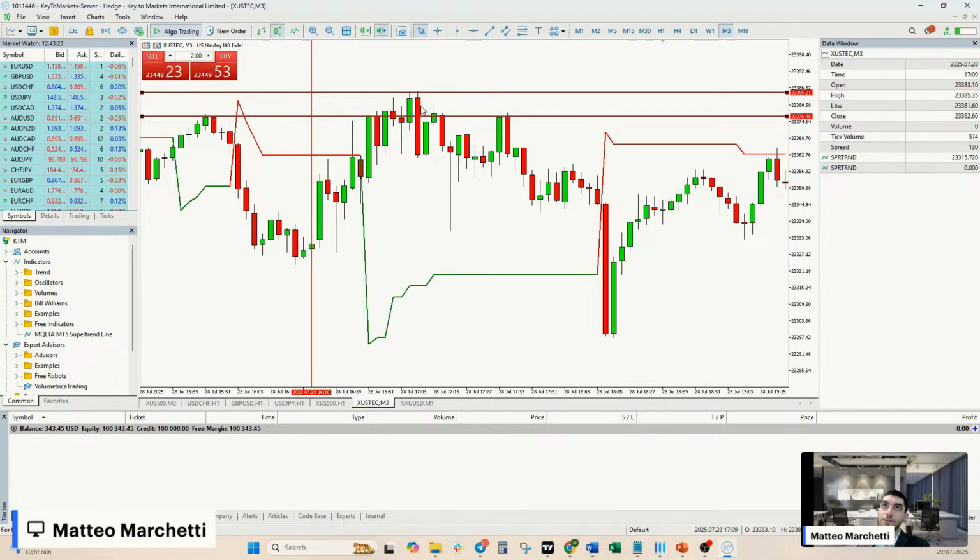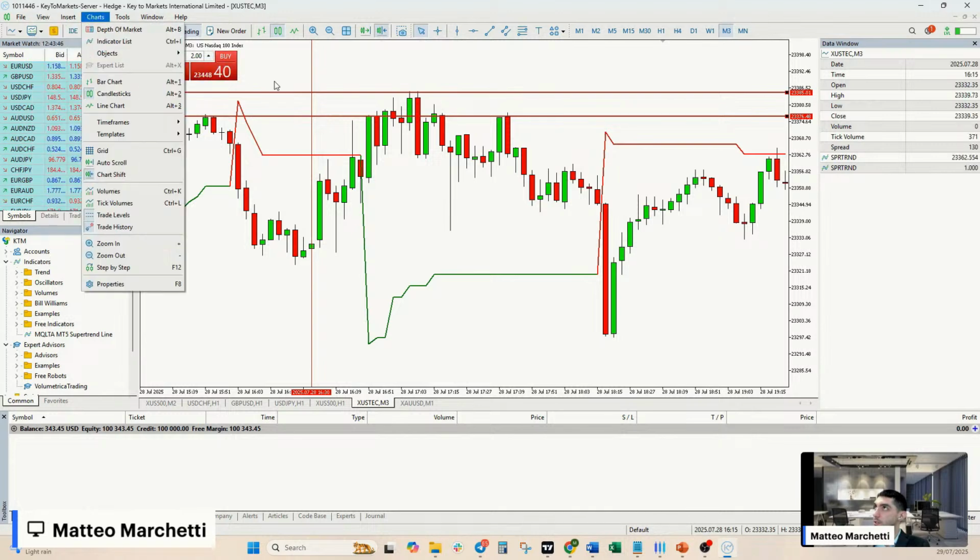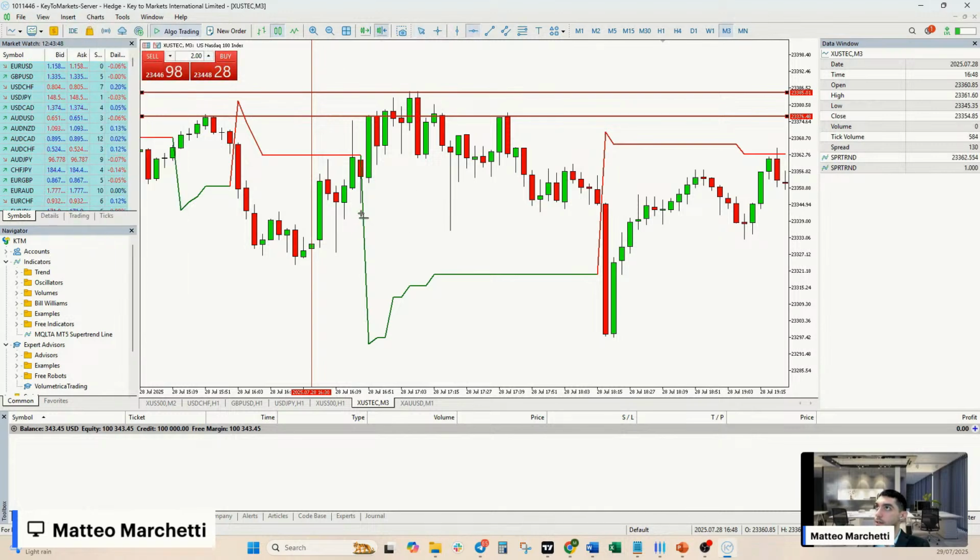Oh, that's very close. It's almost the height. It's less than 1 point. So in this case we didn't hit our take profit, just a couple of it's less than 1 point, as you can see from the data window, and we get stopped out below this level because our initial stop loss is sorry, I